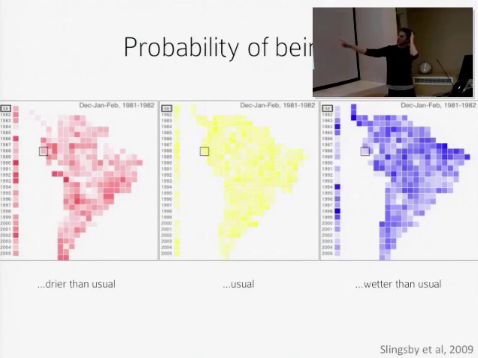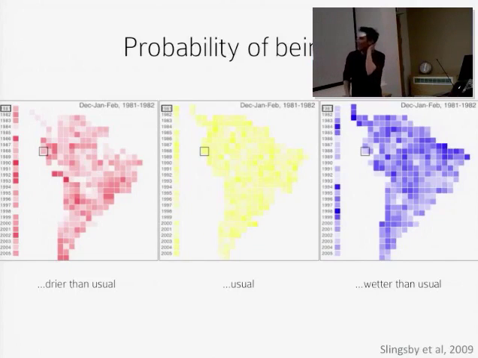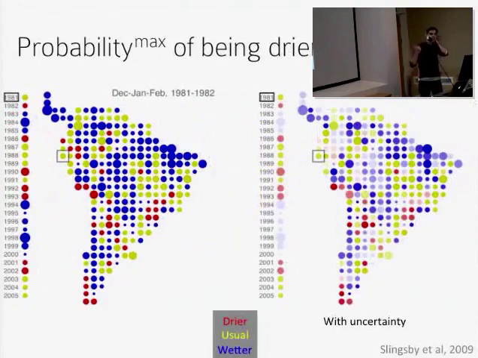So here we're using colour lightness to represent how likely it is that it's going to be wetter than usual, how likely it's going to be drier than usual, and how likely it's going to be typical. If we compare the right with the left one, they should be sort of the inverse of each other, hopefully, and they typically are. So up around here, the Brazil area, it's less likely to be wetter than usual and much more likely to be drier than usual.